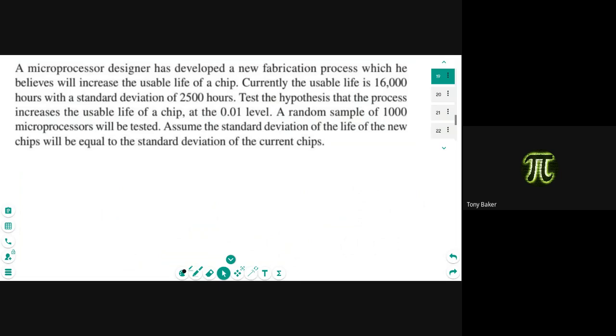All right. Step one, starting over. Find me my null hypothesis and my alternate hypothesis. Yeah, so the mean is 16,000, but we're finding,